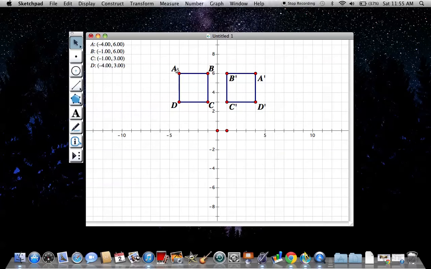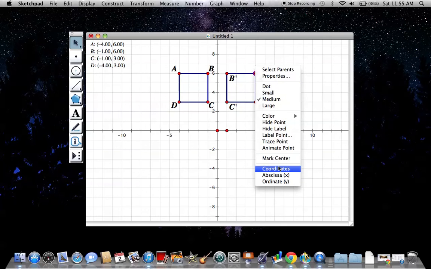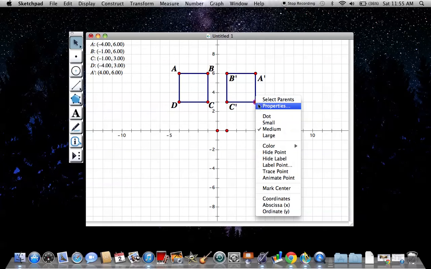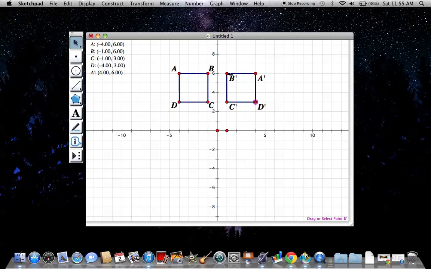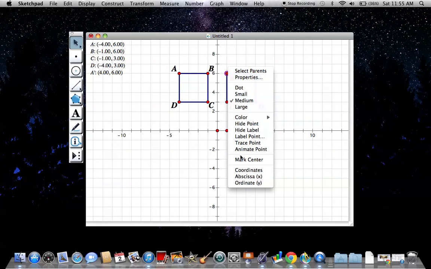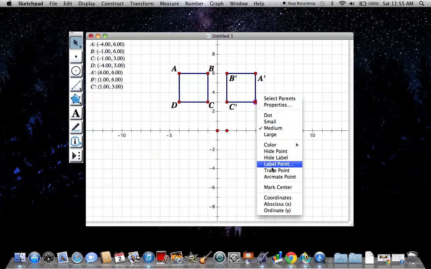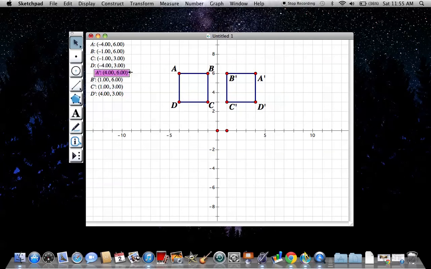Now if you'll notice, I graphed the coordinates here. A is -4, 6. B is -1, 6. C is -1, 3. D is -4, 3. If I do the coordinates for all of these points, I'm going to do B first, then C, then D. Now if we compare,